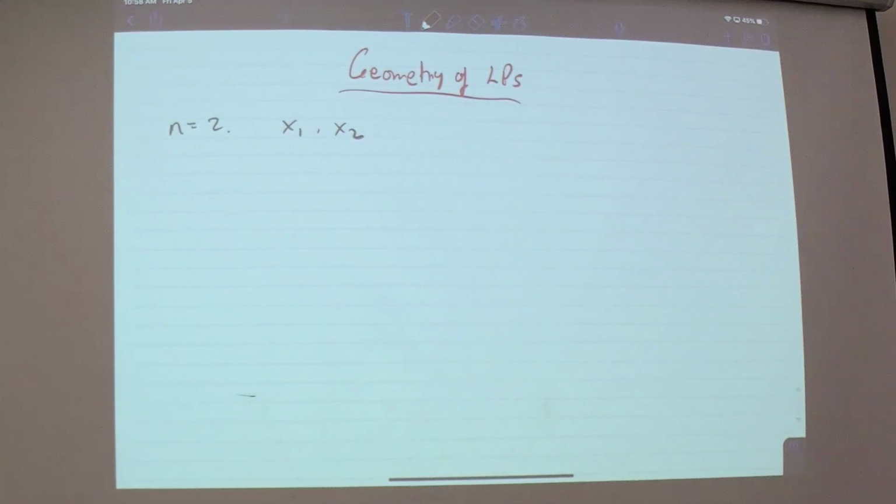Zero should be equal to 0. Sorry? Should be equal to 0. What should be equal to 0? Either of the variables should not be equal to 0. Neither of them should be 0. Express it as a linear constraint. You said you want x1 not equal to 0. Yeah. How do you express that as a linear constraint?